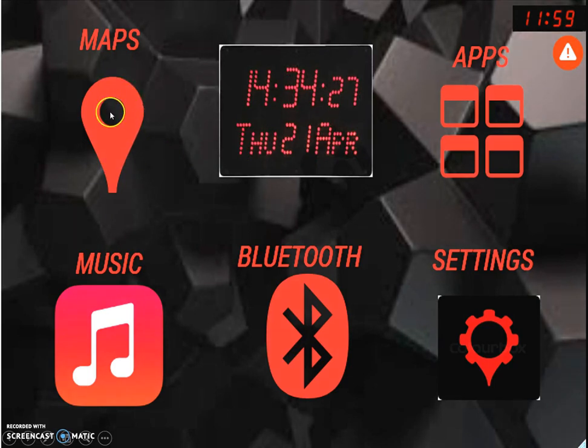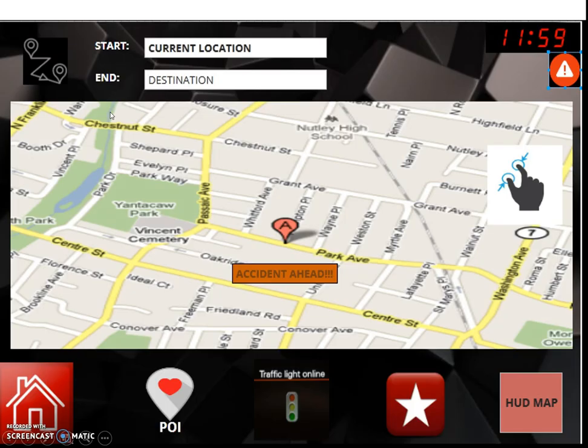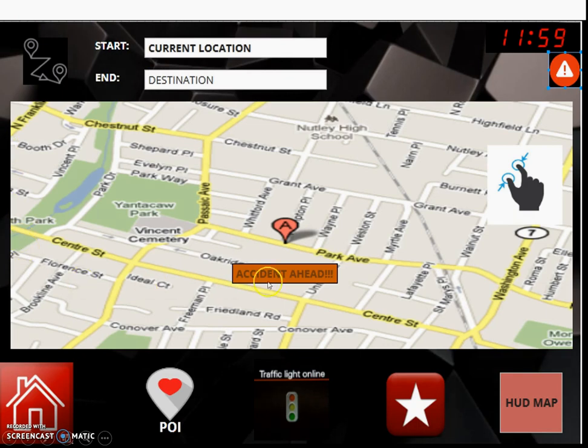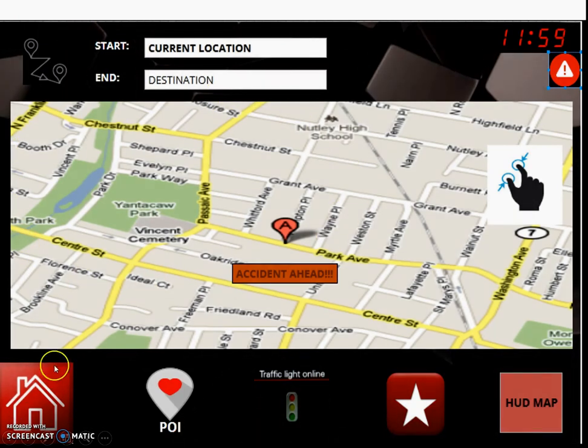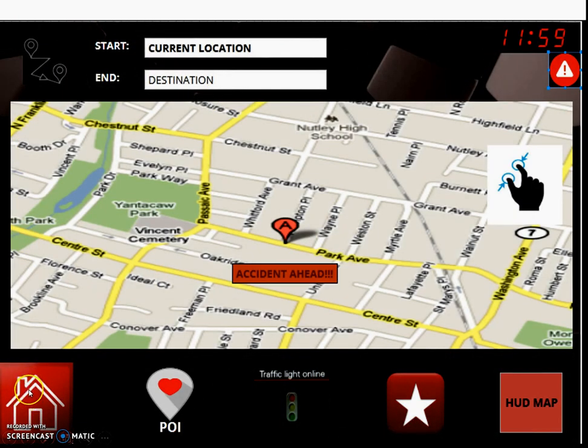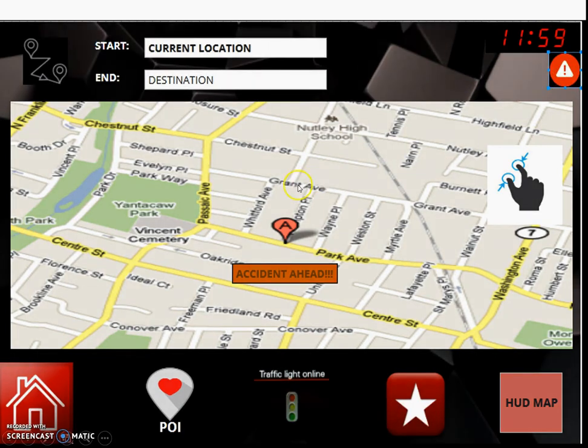First of all, let me go to maps. After you click on maps, you'll be taken to another screen where you always have a home screen available right next to you. If you want to go back, you'll get POI, place of interest, traffic light option, and HUD. And you'll be getting a pinch in and pinch out option if you want to go deep into maps, and you'll get start and end, and obviously a symbol that will help you to call 911 if there is an emergency or not.